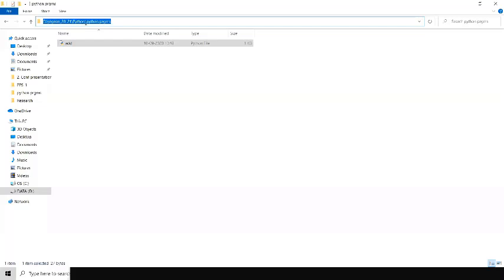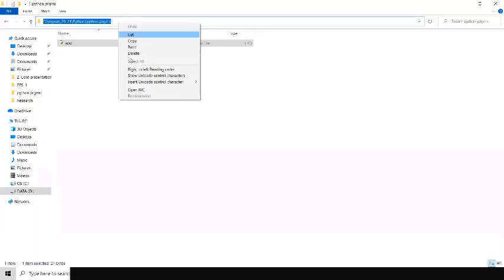In the Python folder, again I created the Python programs folder. So in your system, take the path where you created it. Just copy this path, by right click, copy, or simply Control C. No problem.